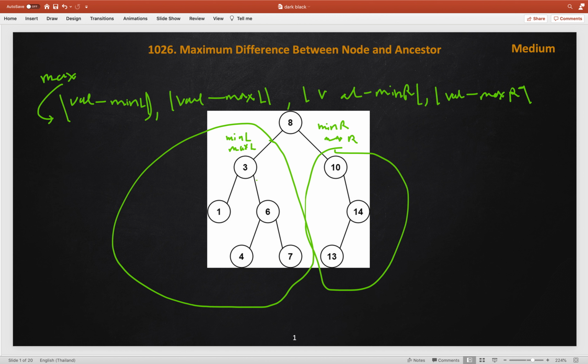So at the end, for n nodes we will call this method n times to get the minimum and maximum value. This algorithm will go to O of n square if we do it naively. So pause the video, but try to code this naive approach first.